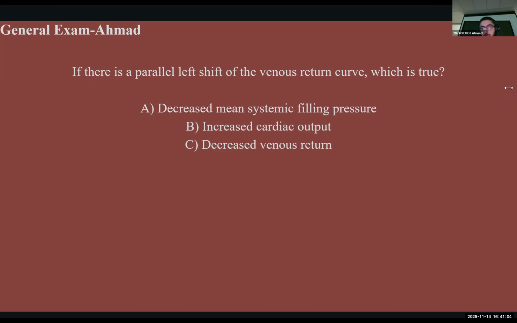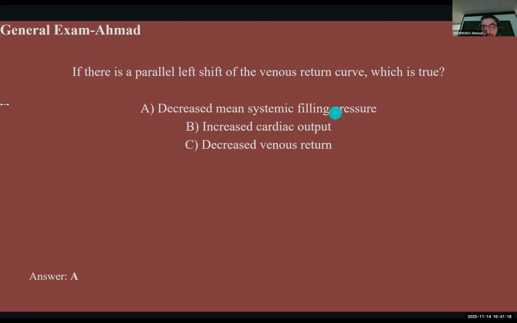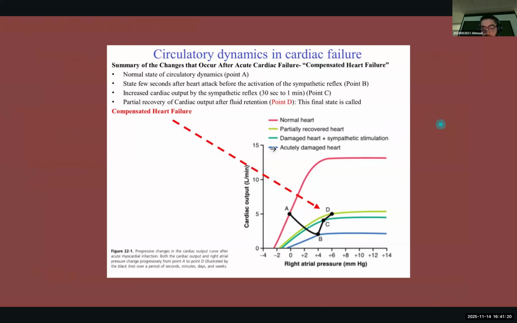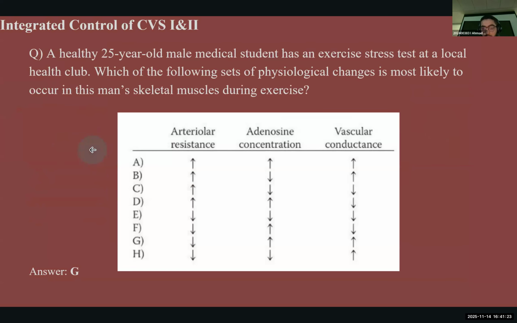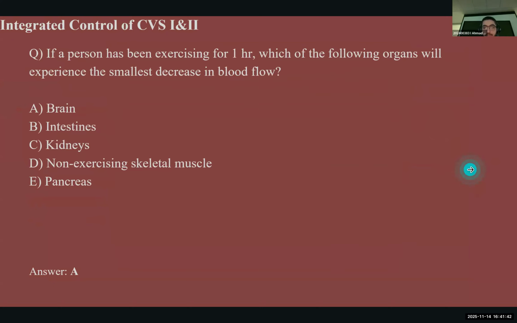C. Okay. Well, it's not C. It's actually A. It's A. Yes, exactly. It is A. So remember, let's go back to the graph. This one, the tall one, is the cardiac output, and this is the venous one. So when I said the parallel left shift will cause a decrease, but I said that if a left shift happened to the cardiac output, it would be an increase. So you gotta be careful because I did this exact same mistake.